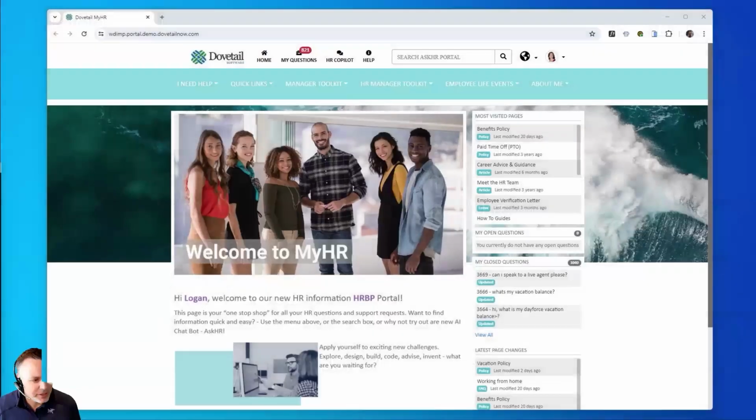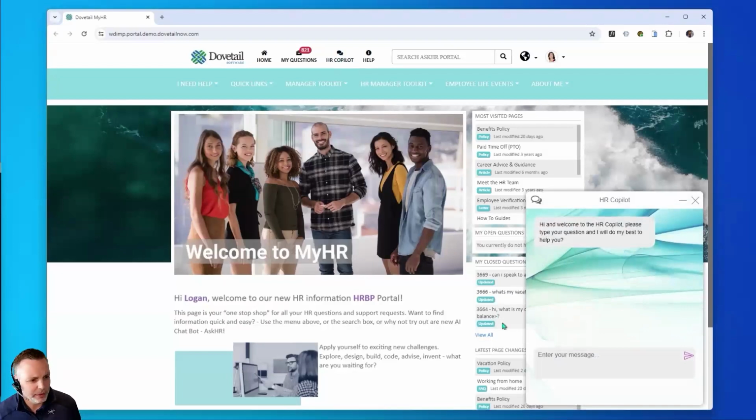So first thing I want to do is just remind everybody what we are talking about when we say HR Copilot, rather than jumping straight into configuration. What is the end result? So I've got a few examples. This is all coming from our employee portal product. So this is the Dovetail employee portal. You can see at the top HR Copilot. When someone clicks on that, they can ask any question they like,